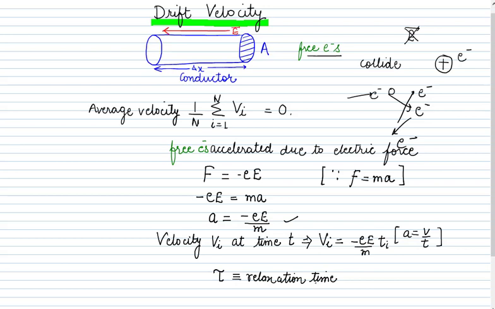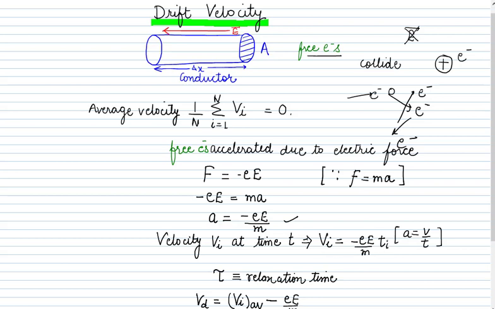Then we can define the drift velocity. Drift velocity is the velocity of electron. First of all, we take the average velocity of all the electrons, plus now we have taken this velocity. So put the value of this velocity,